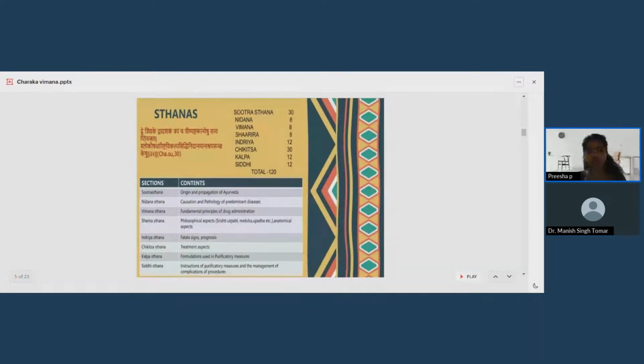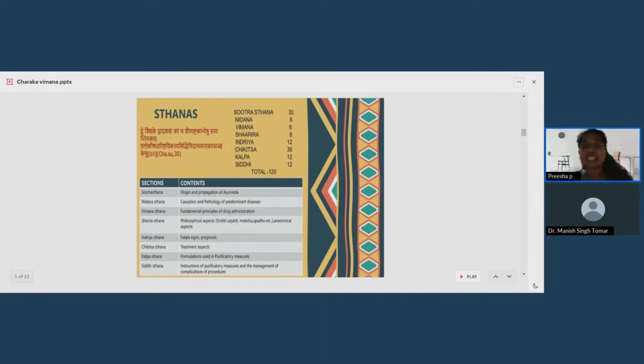So the main important parts which we were discussing: the Shloka Sthana is the Sutra Sthana. Then the Sharira Sthana is the Ashraya Sthana, so that you can easily understand, because Sharira is our Ashraya. So it is easy to remember. And the Vimana Sthana is also called Mana and Manasa Sthana. So the word Vimana has Mana and Manasa in it, so there also you will not have any difficulty.